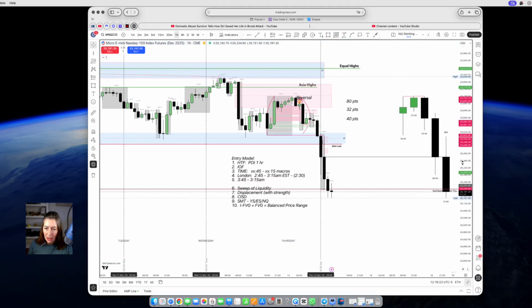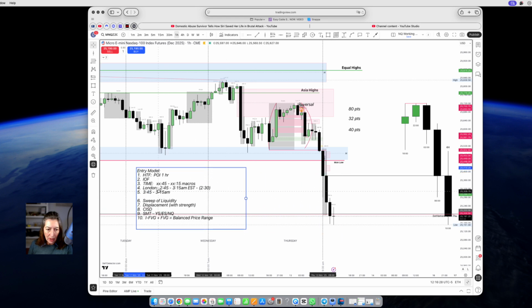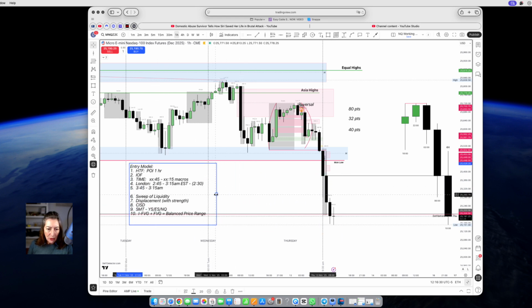Did you have these main levels marked on your chart? Were you prepared for a bearish move based on what London did? You know, if you're not watching London, you're missing the precursor to the movie. Asia and London will give you really great insight in terms of what's going to happen in New York. And when we have a great rundown from London, similar to today, this is a